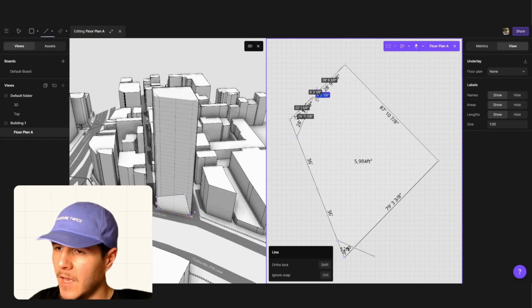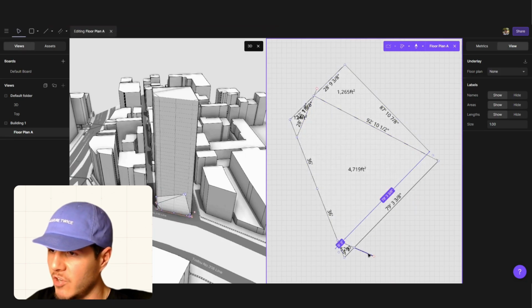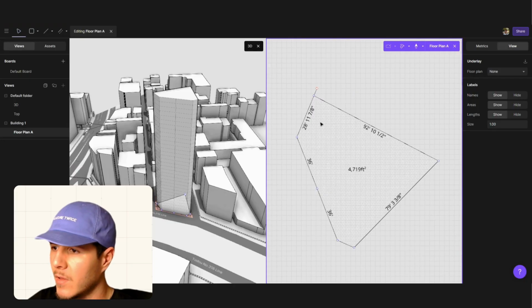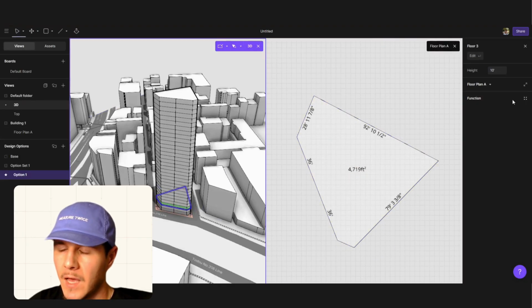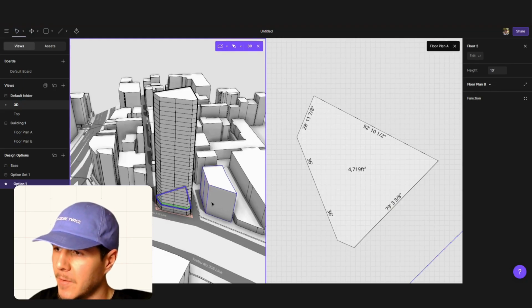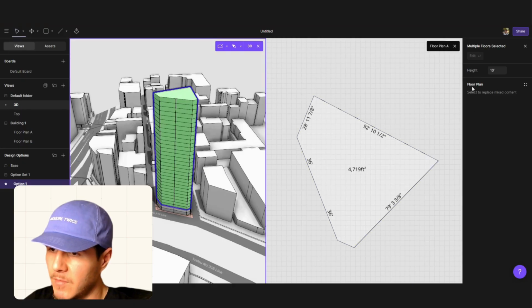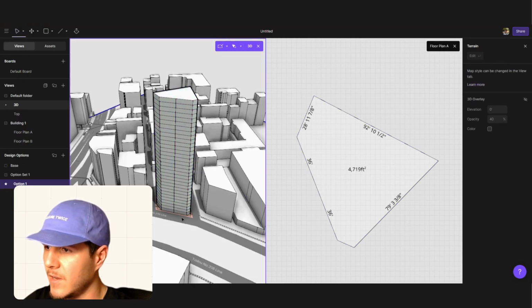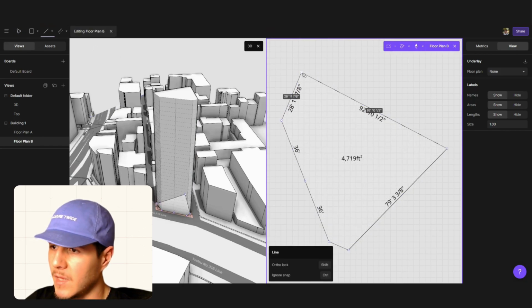As I have my split view on the left, you'll see the 3D model change as I'm creating the layout for the first and the second floor of the building. So as you can see, it's kind of carved. I am going to change it along the way as I create the different capsules. The building does look different starting with the second floor, and that's what I'm going to do right now. I'm going to select every floor except for the first ones, and I'm going to assign it floor plan B. And that's when I'm going to start making my